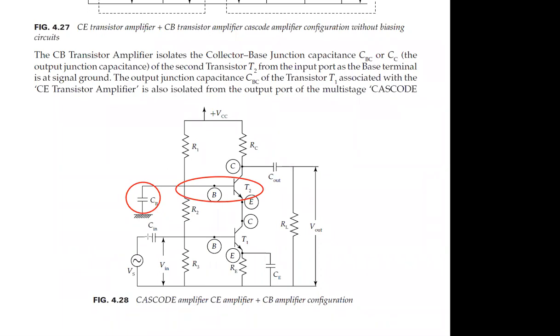Similarly, for common emitter, the CN is the input capacitance. It will allow the AC signal and block the DC, and we are getting the DC biasing from the VCC. From VCC, the DC biasing is applied for this common emitter configuration. In the common emitter configuration, we are getting the necessary biasing to this part.